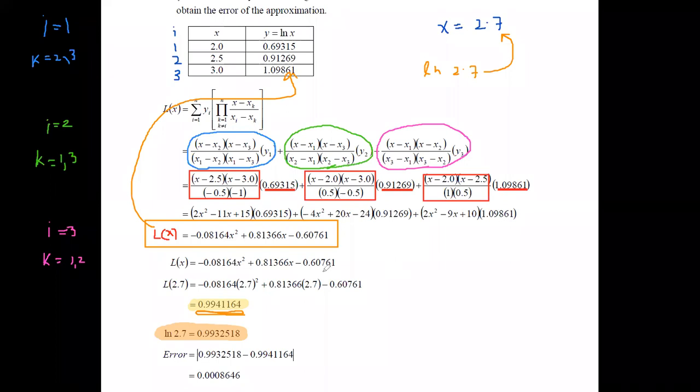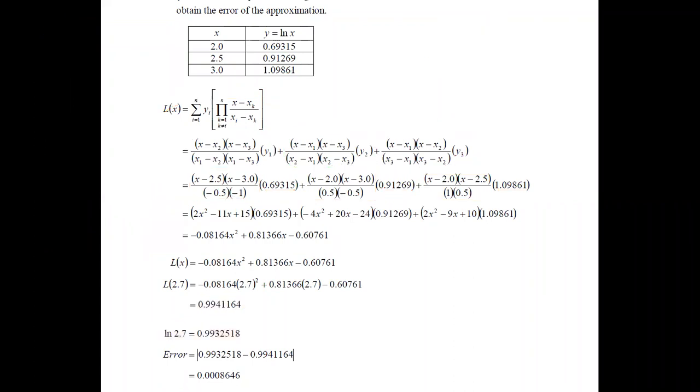This is how we are using Lagrange's interpolation formula in a case like this. And this is all that I need to discuss for